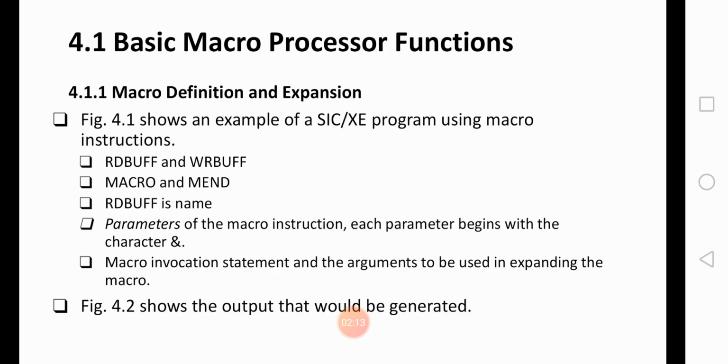Then again, a basic macro processor function: macro definition and expansion. Figure 4.1 shows an example of a SIC/XE program using macro instructions, READ BUFF and WRITE BUFF.